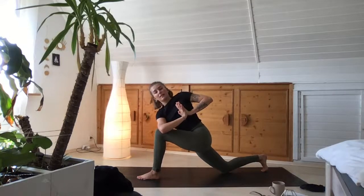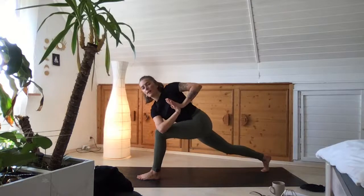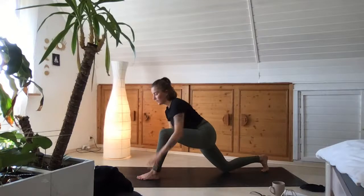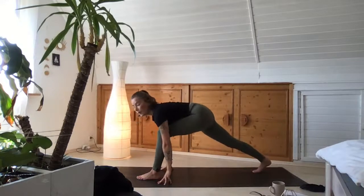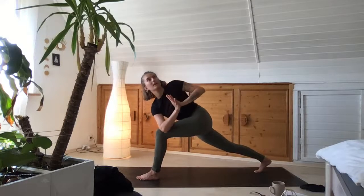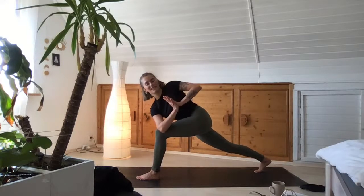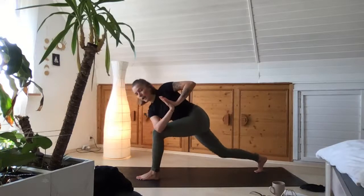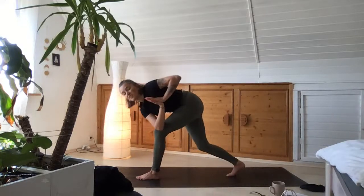The same thing, to lift the back knee up. Just try to keep the balance. If that's not possible for you, then release your hands, bring your knee up, and then come back into your prayer position. Really, really good. We stay here, shift the weight into the left leg, and then we make a tiny step